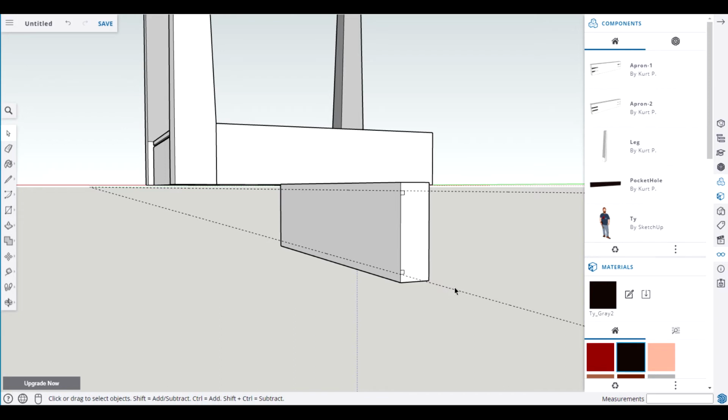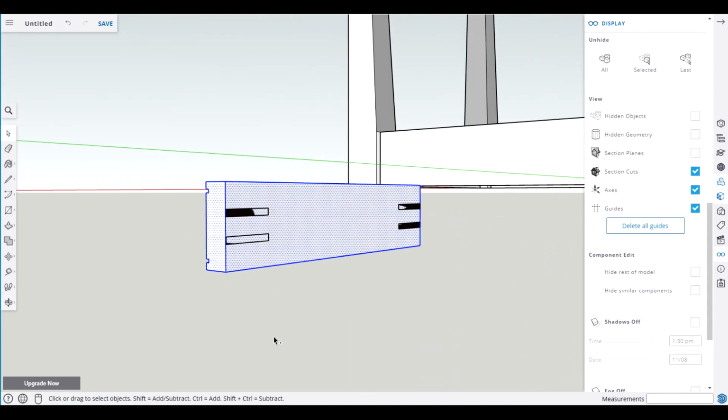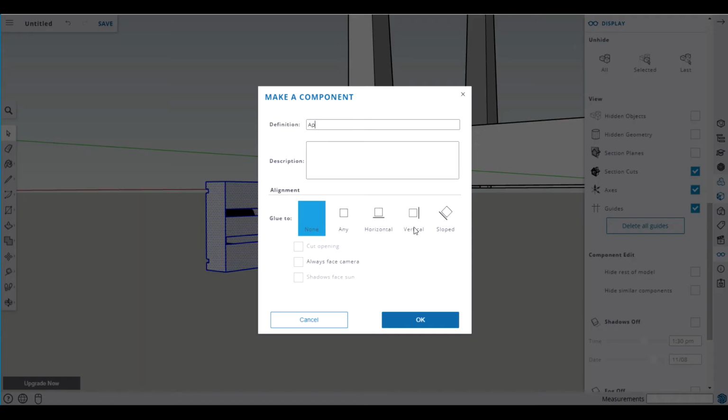And now if we want to, we can delete these guidelines, select the eyeglasses, delete, select P for push pull, highlight the small little one, drag it all the way to the end, click, do the same thing to the other one, make sure it highlights, drag it all the way to the end, click, and now we have 2 grooves. Space bar, triple click, rotate, control key, click, click, click, click, G, apron,